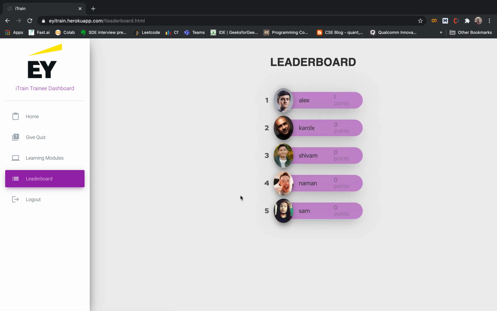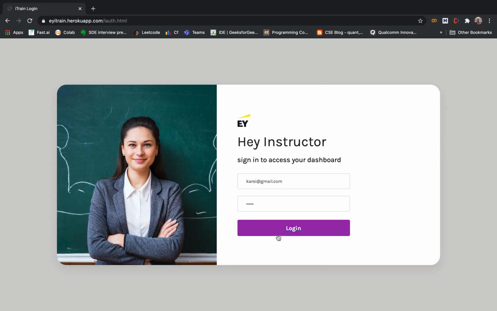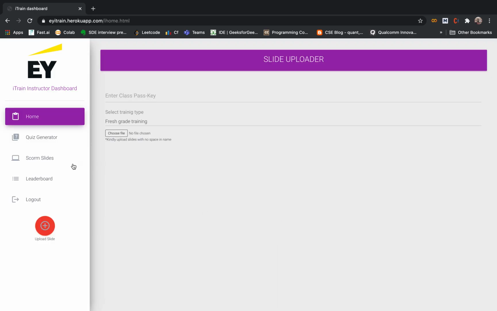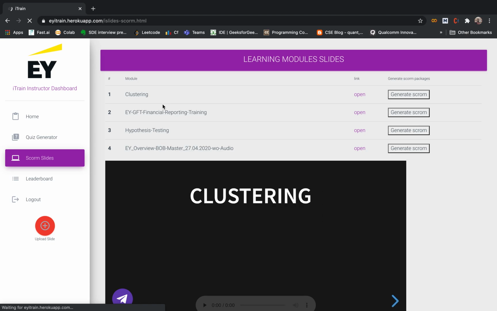So like this, the whole platform is gamified in nature, and now Alex can log out from it. The last thing that our platform powers is that Carey is logging in, and then he can go to the SCORM slide area, and Carey wants to export this clustering module from his platform to different LMSs such as Moodle, Coursera or any other public one, or give it on the internal LMS of the company.